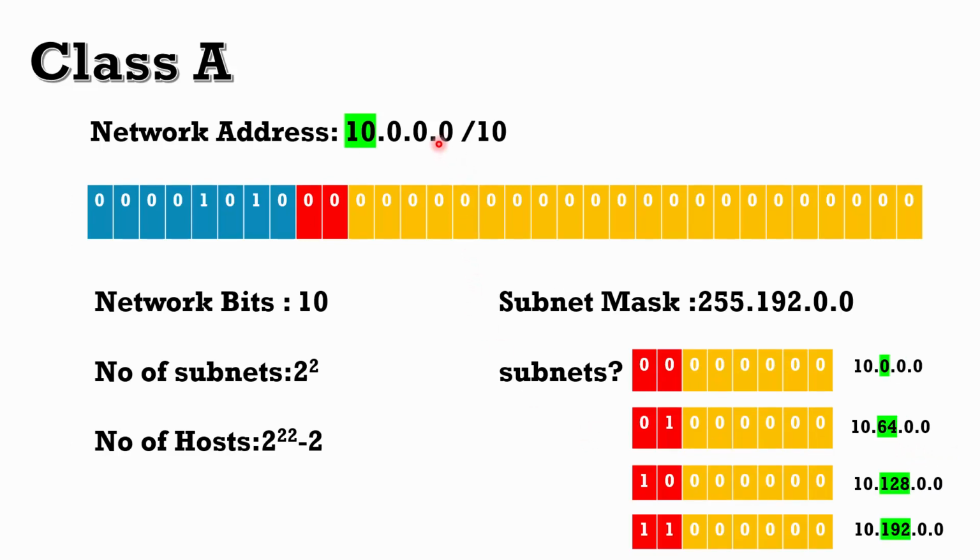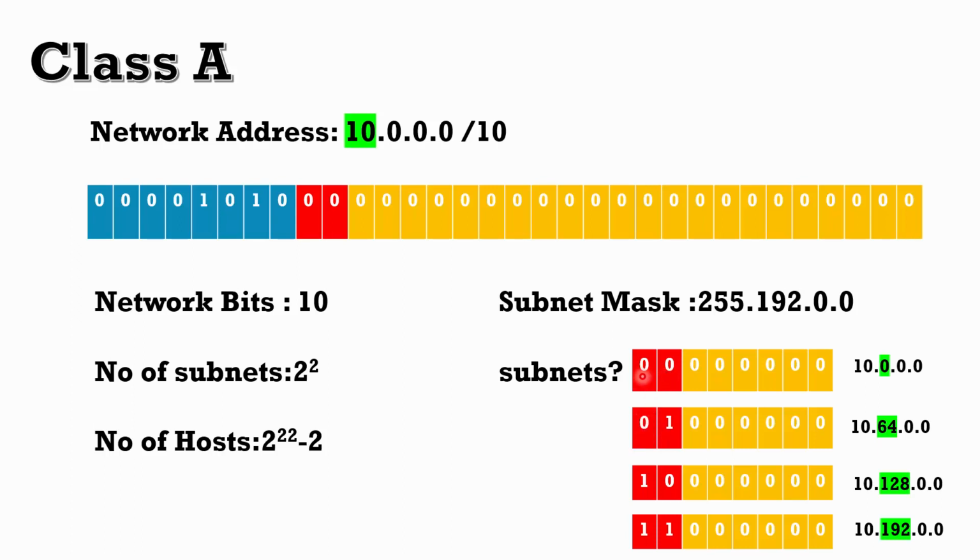In this example, again I have taken the same network 10.0.0.0 and I have 10 bits for the subnet mask. We know that class A has a default 8-bit network mask which is marked in blue color, and these 2 red color bits are the additional bits I have taken for subnets. Here I have 2 subnet bits, that means I have 2 to the power 2 subnets. So therefore I have 4 subnets here, and when we change the pattern of these 2 bits, I can have